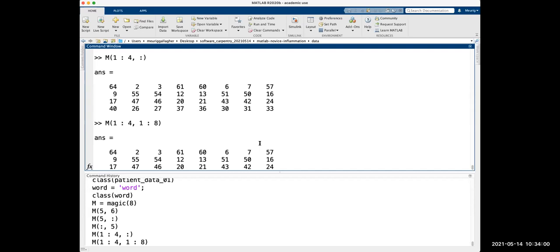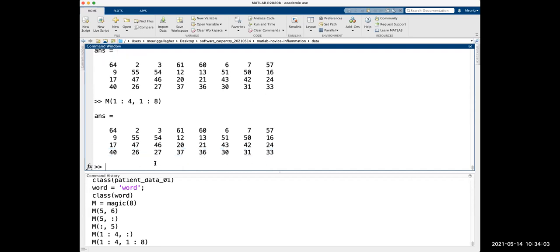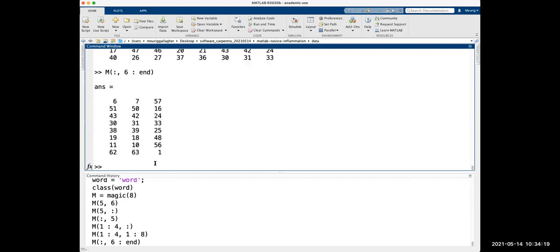And of course, we can do the same for columns. Maybe we want to take the last 3 columns. So let's take every single row, so we'll use the colon command there. And let's say we want to take the last 3 columns. So column number 6, and then we want to go all the way to the end. We can do that, and that's just going to take that. So what we're doing here is slicing the matrix. What we've got here is called the slice of a matrix. Imagine taking a knife, cutting down one section of the matrix all the way. We've got this colon here, so we're taking all the rows and we're slicing down, and that's giving us our matrix slice, which just has 3 columns in.